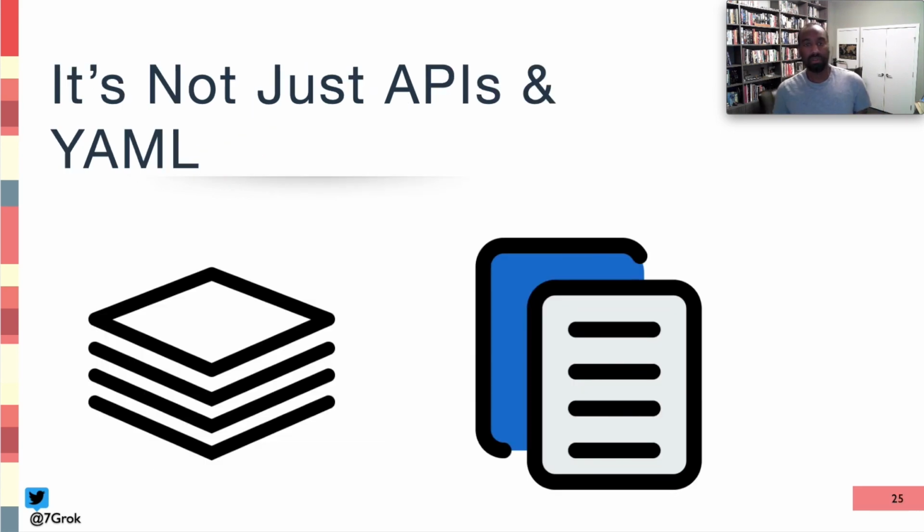And we also have to remember that it's not just APIs and YAML. We also require and need a significant amount of documentation to cover all these abstractions. And you might think to yourself, well, I wrote this abstraction, you just drop 2 lines of code in and it does all this magic. Yes, that's good. So you might not think that you need to document the abstraction, but what you need to document is what the abstraction does.